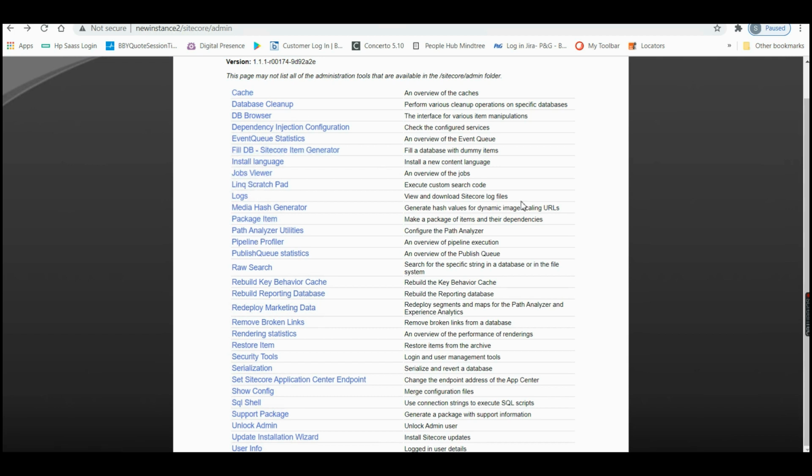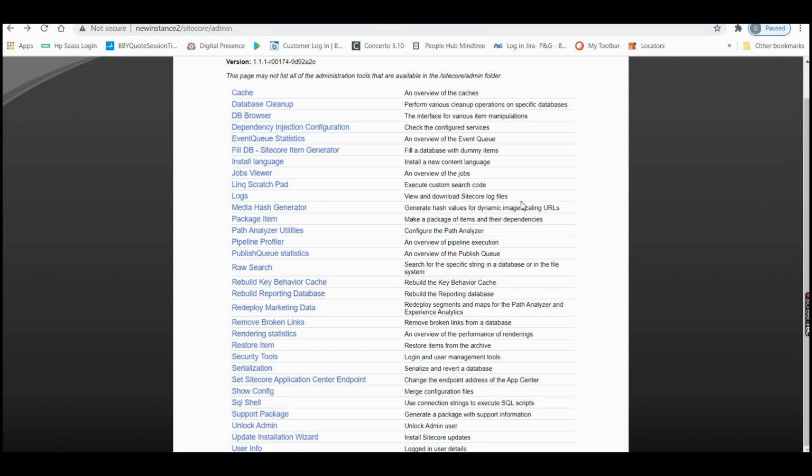I hope you now know what additional features and add-ons are available in the admin site, in case you have any issues to sort out, or you need to install a new language, or diagnose an issue. Then you will be using DB browser.